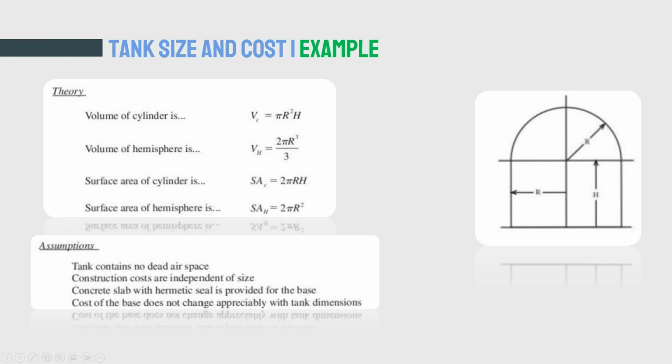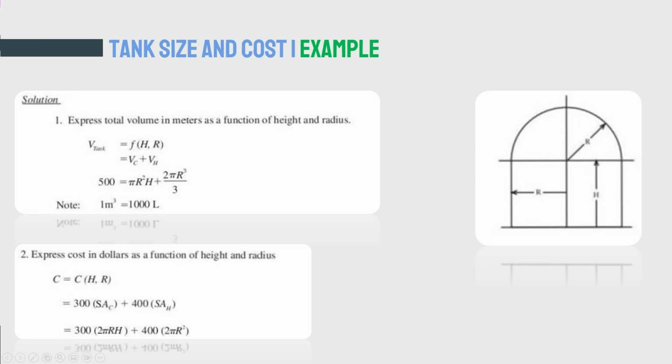What you do, you find your total volume in meters as a function of height and radius. Don't be confused about F of H and R, forget it. Now the volume of the tank, they gave you the volume of the tank, right? What is the volume of the tank? VT would be 5 by 10 to the power of 5, or 500,000